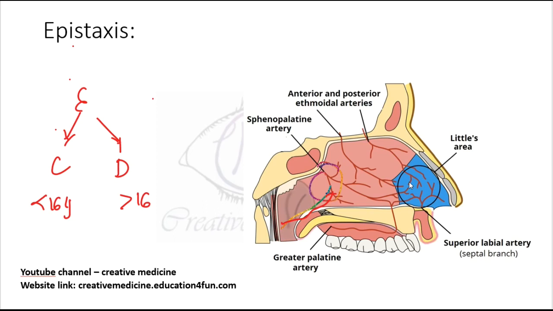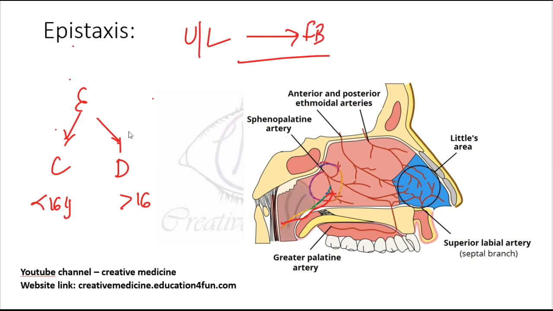Little's area. If you were asked what is the most common cause of epistaxis in children, idiopathic cause is most common, followed by digital trauma or nose pricking in the Little's area, which occurs mainly due to crusting. Then, if you get a case where unilateral epistaxis is present in children, you will have to rule out one thing: foreign body should always be ruled out. If unilateral epistaxis, foreign body should be ruled out in children.